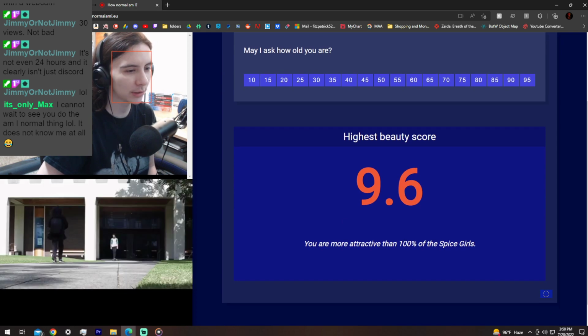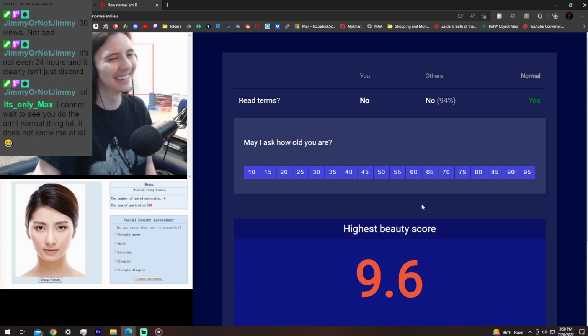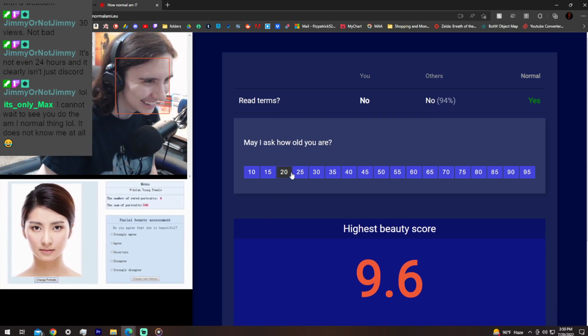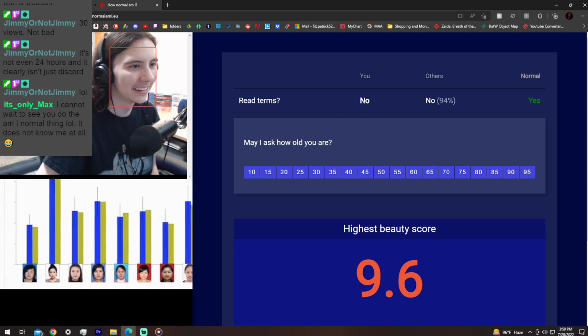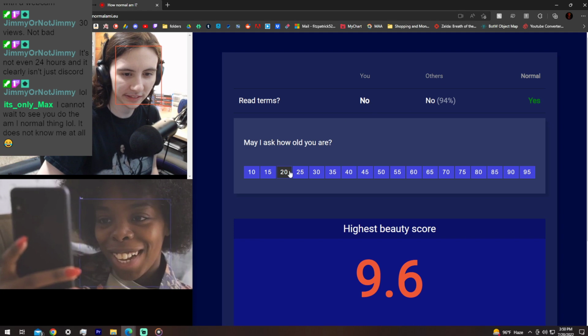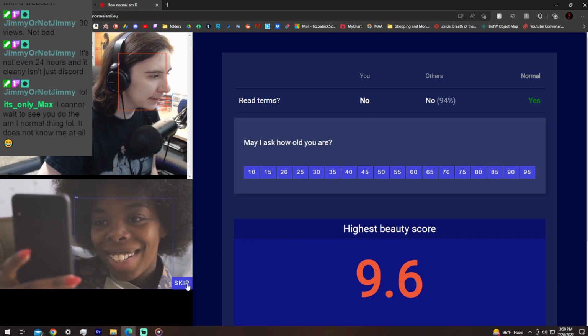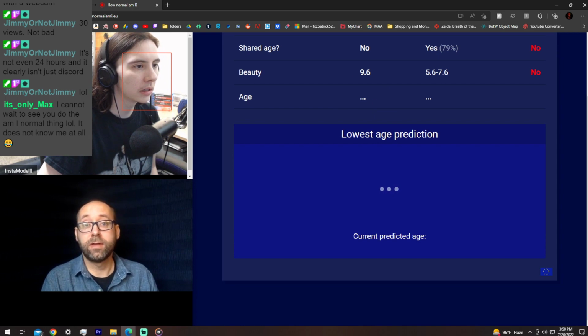Rating all these photos is often done by students at universities. If you ask Chinese students to give their opinions, their cultural perceptions of beauty will transfer over into the algorithm, which might lead to unpredictable effects when it's used to judge people from other cultures. I wanted to show you an example of this, but I couldn't even get the algorithm to work. Next, let's look at an algorithm that's designed to judge your age.